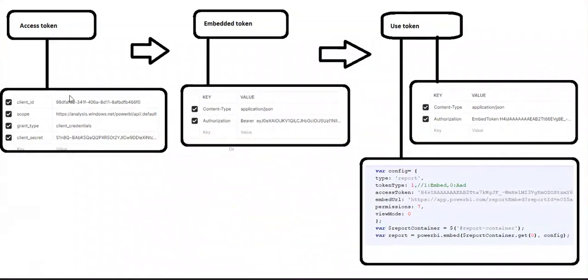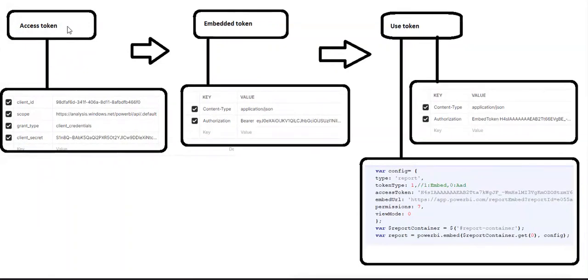In this diagram, as you can see, we will start with the access token first. By using such a request in Postman, we will create a request object, post it, and we will get an access token. I will tell you in brief where actually the request will be posted. As soon as you get the access token,